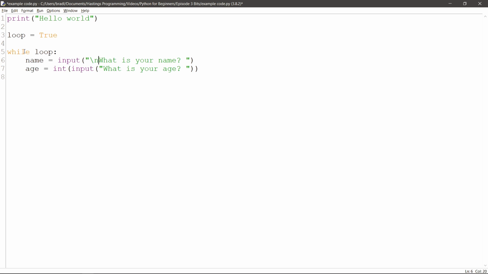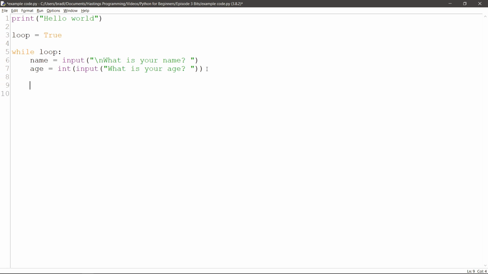In fact, no. So while loop, so we want to do this, and then we want to just do something. So let's say, I don't know, for every letter in the name, also for every year that they've been alive, we want to